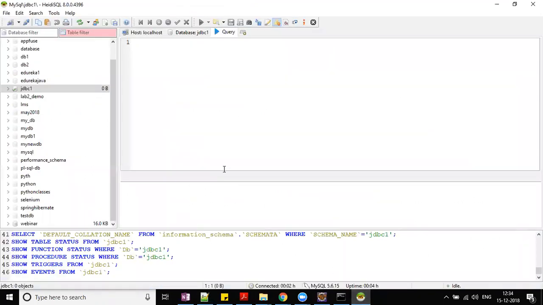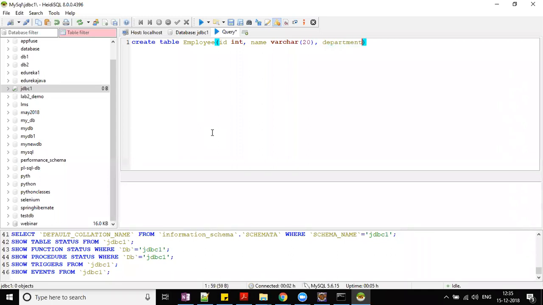Now the first thing which we have to do is create a table, right? So what is the query we have to find? Create table, name of the table I'll call it employee. In that I will create the columns. I'll say ID and I have to tell what data type it is. ID is integer, name is VARCHAR, where VARCHAR means a string. I'll give it size 20 and then let's say